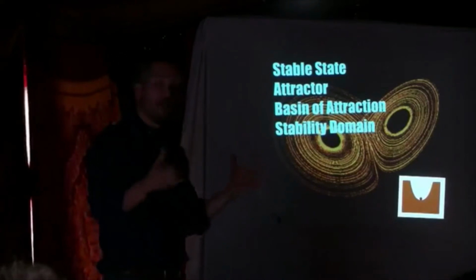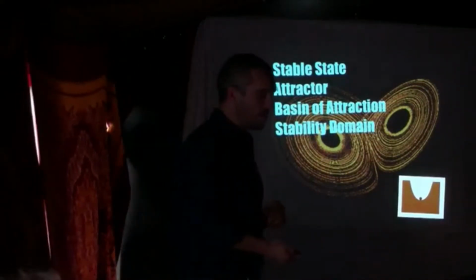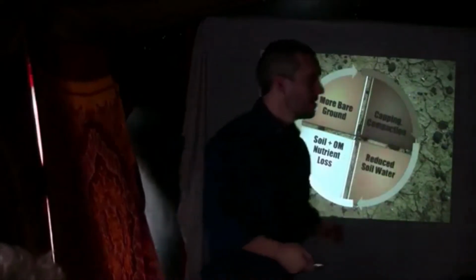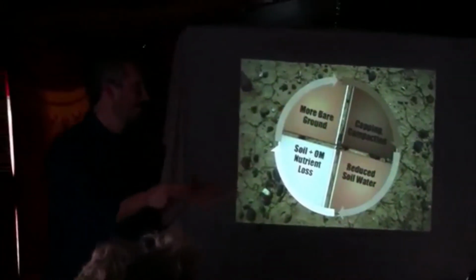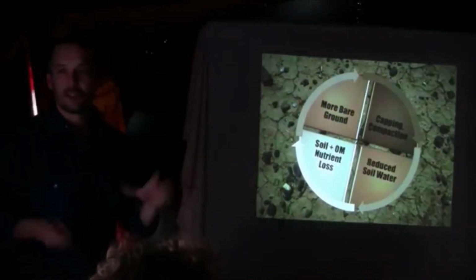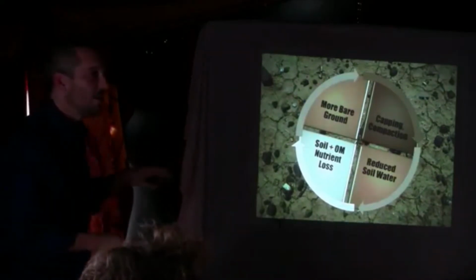We're more looking at the overall shape of the cup in resilience science. So one way, yeah, maybe we even want it in another cup. Maybe we want it in another cup, and that's where we get to transformation. Transformation, absolutely. So some of the drivers and dynamics of this particular stable state that we encountered when we first went to this Whirlwind property,